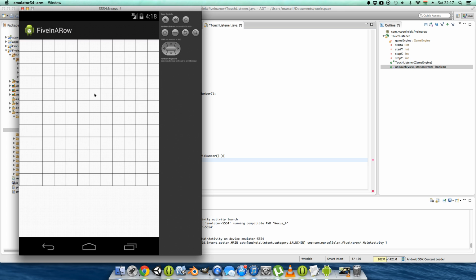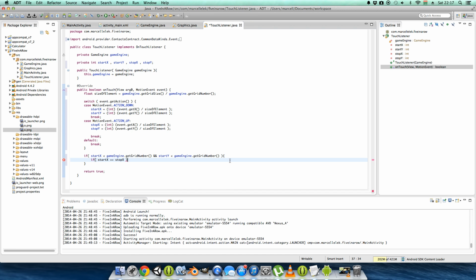So if you touch and lift your fingers up, then you probably wanted to place your X there. But if you move down there, then maybe you don't. I hope you understand what I'm talking about. So same with start Y equals with stop Y. Then we want our